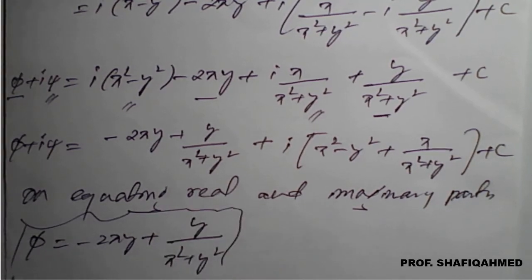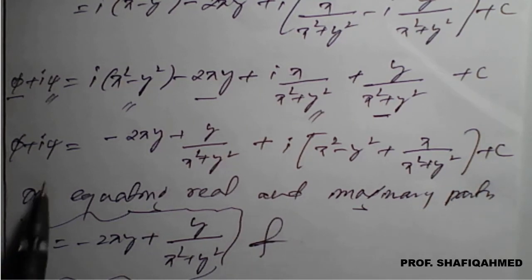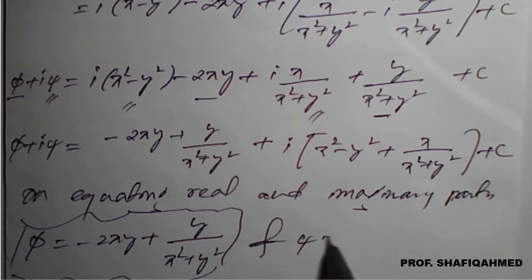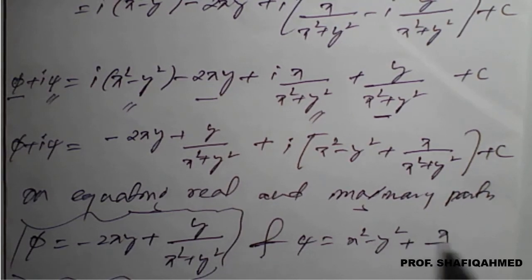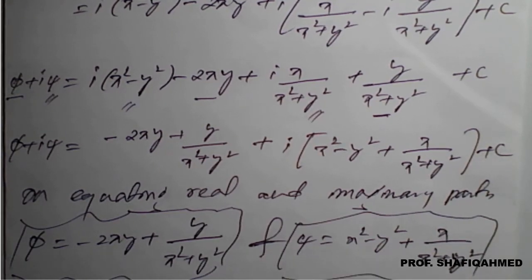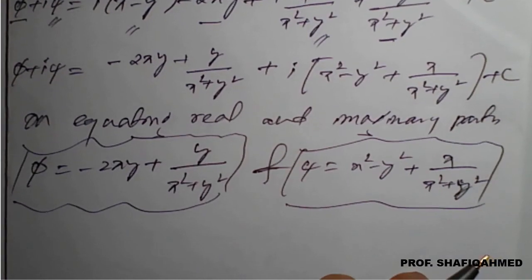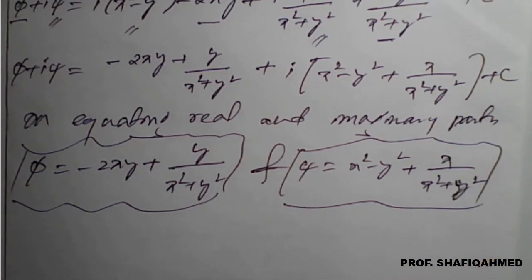So this is the phi, and to compare the psi value, psi is nothing but (x² − y²) plus x divided by (x² + y²). If you compare with the given question, this is the given question and we got this phi value. So therefore we have to conclude that